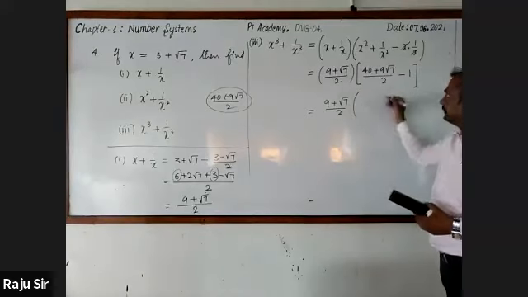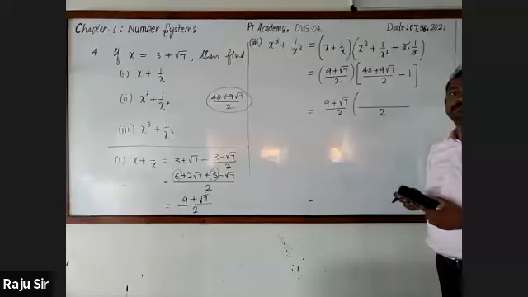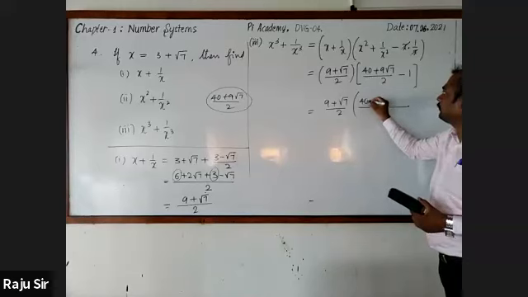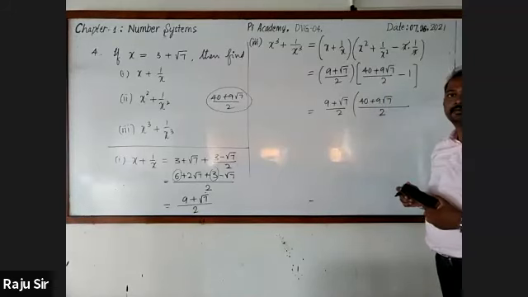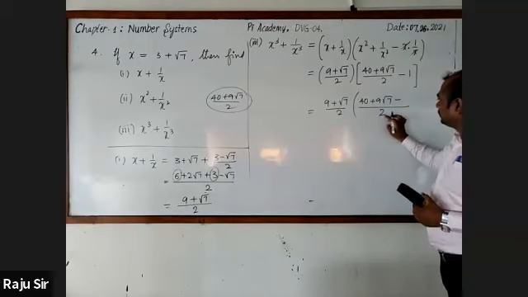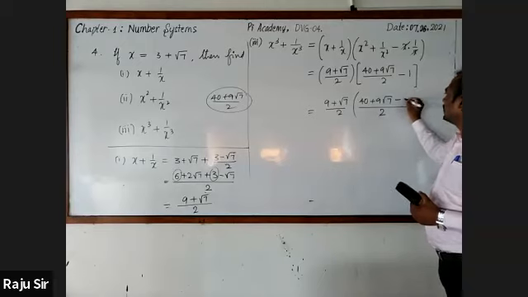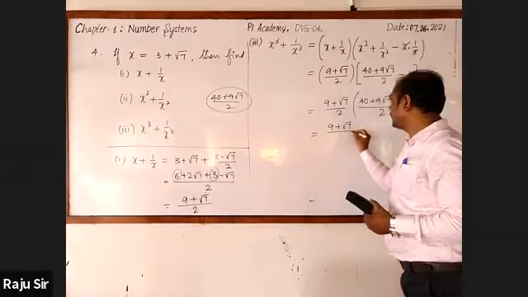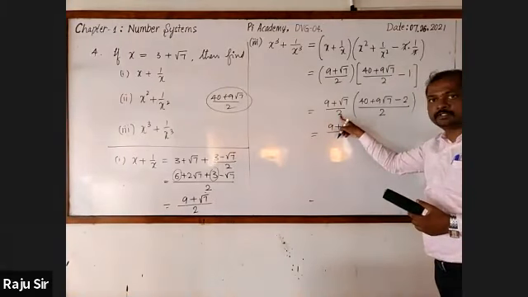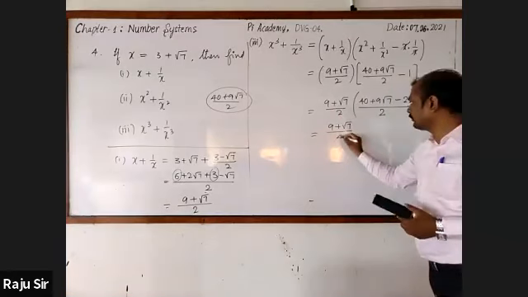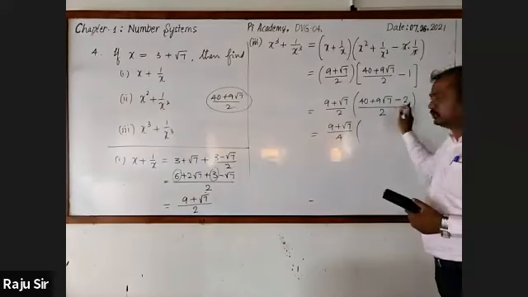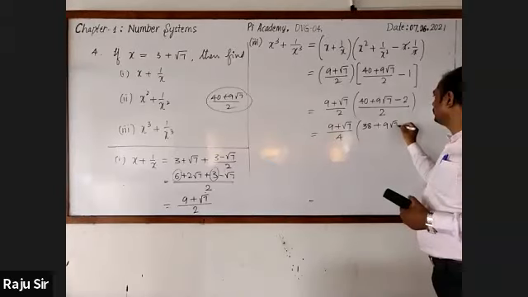into, I'll take the LCM. LCM is 2. Next, multiply LCM with the first term. 2 gets cancelled. Remaining 40 plus 9 into root 7. Minus, multiply LCM with the second term. 2 ones are 2. This is equal to 9 plus root 7 by, here the denominator 2 is there, here also 2. 2 2s are 4, into, here 40 minus 2, it is 38 plus 9 into root 7.